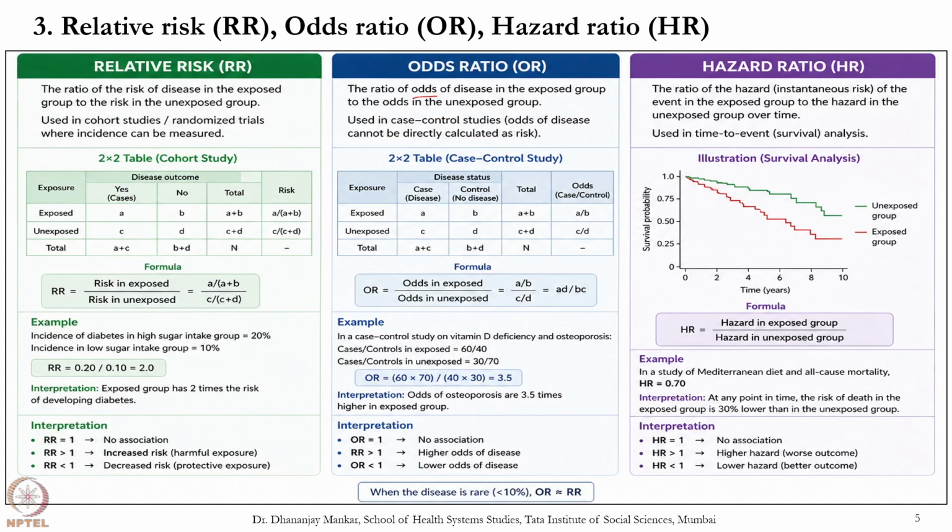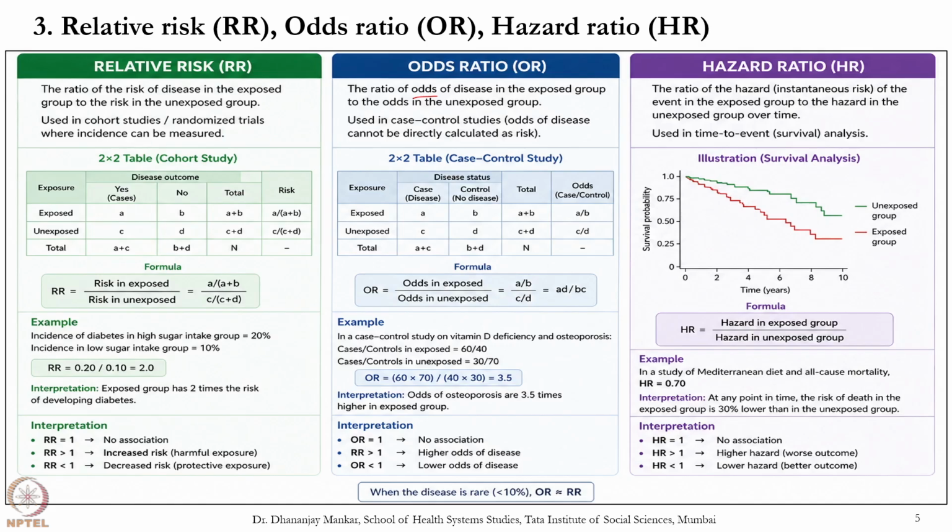So if you talk about the formula, it is A divided by B divided by C divided by D, which is equal to AD divided by BC. Okay, let me take you through the formula with an example. In a case control study on vitamin D deficiency and osteoporosis, you may understand the cases and controls in exposed is